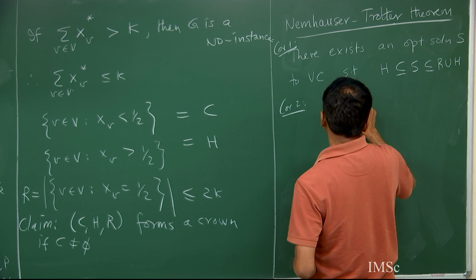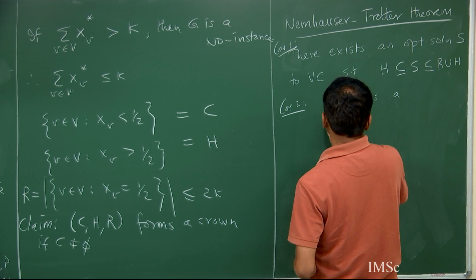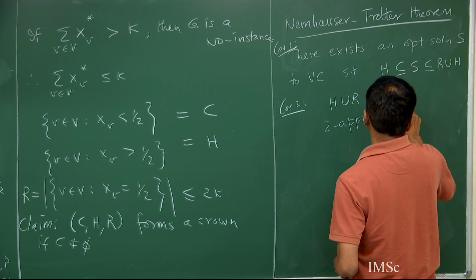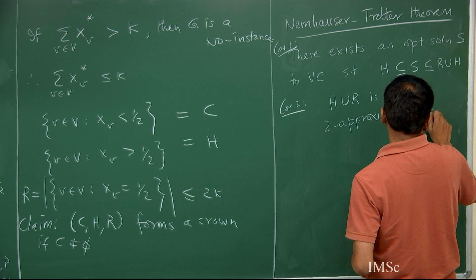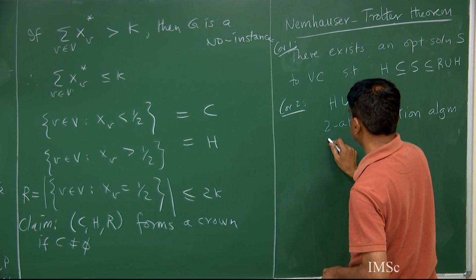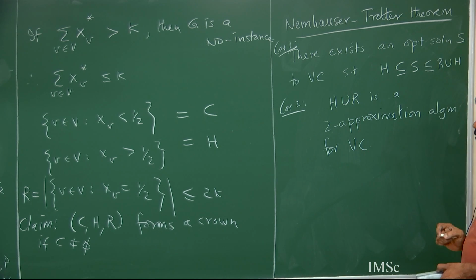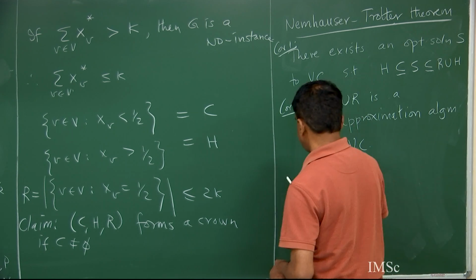H union R is a 2 approximation algorithm for vertex cover. Okay, corollary 3, which we will prove,